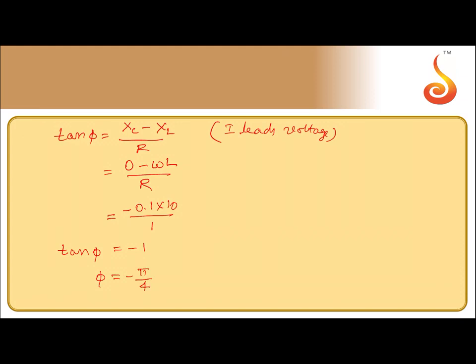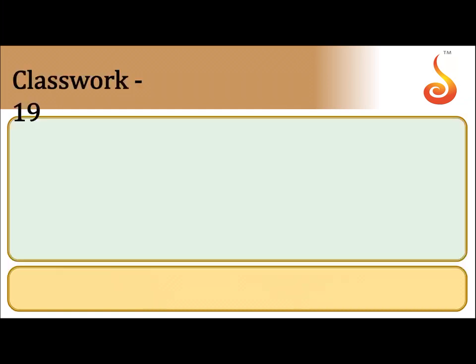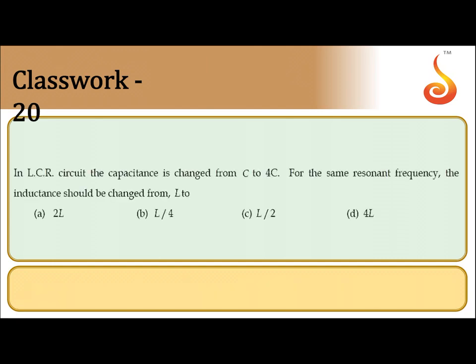So phi is minus pi by 4 means we assumed that I leads the voltage, but it is not so. I lags behind voltage. That means V leads I. So notice one thing, it's an inductive circuit, more inductive. That's why voltage should lead current. That's why we got the negative sign. We assumed current will be leading the voltage in the beginning. So it should be 45 degree or pi by 4. That is option A. Shall move on to next one.